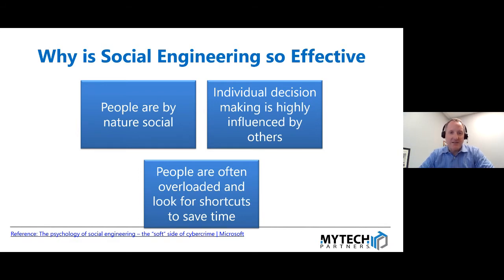And one of the last things about social engineering, which is probably one of the key concepts, is that people are often overloaded and they look for shortcuts to save time. It's not to say that people are trying to be lazy. It's just that we all have a lot going on. So imagine if some vendor came into your reception area, and that person was busy with several other aspects or requests. Maybe they don't take the time to do the due diligence to vet that the vendor is really supposed to be there and has the authority that they say they do.